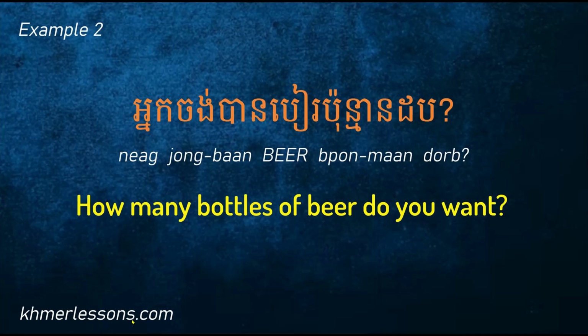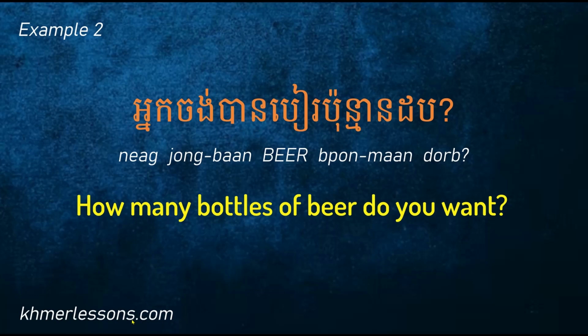Example 2. How many barrels of beer do you want? So barrel is a container. Beer is something loaded in the barrel. In Khmer you say អ្នកចង់បាន beer ប៉ុន្មានដប